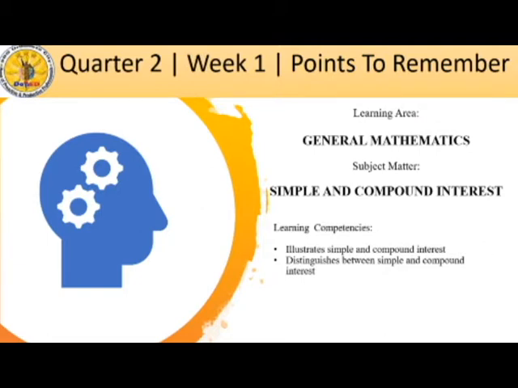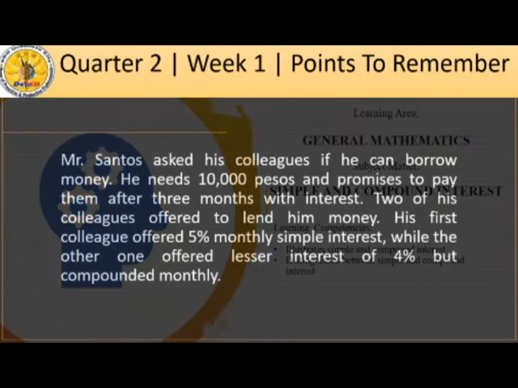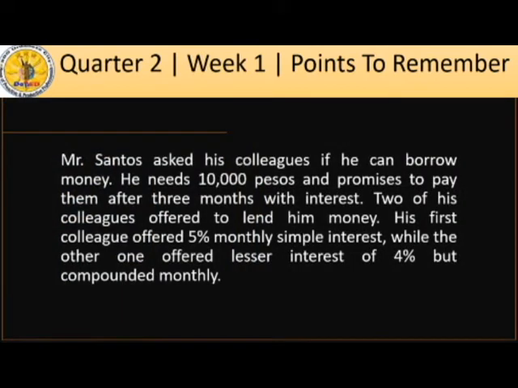To introduce the terms that are related to simple and compound interest, let us take the following situation as an example. Mr. Santos asked his colleagues if he can borrow money. He needs 10,000 pesos and promises to pay them after 3 months with interest. Two of his colleagues offered to lend him money. His first colleague offered him 5% monthly simple interest, while the other one offered lesser interest of 4% but compounded